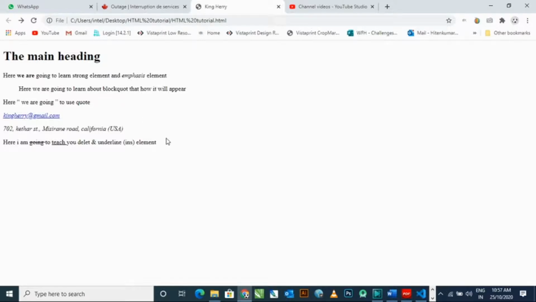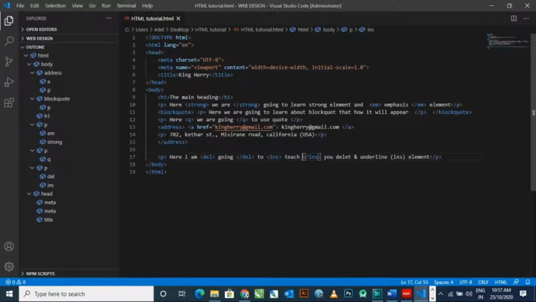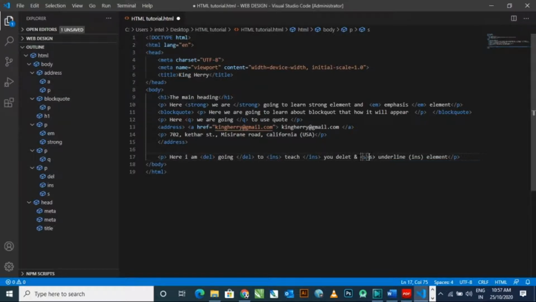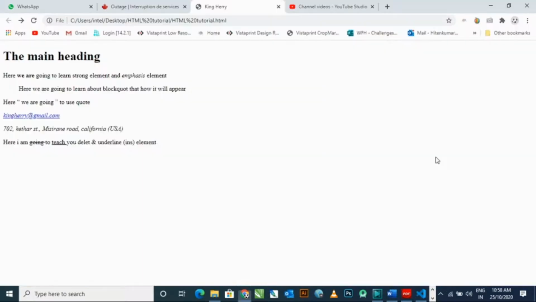Now I am going to use the unordered list and ordered list. There is so much confusion. I am showing you here, s, delete and s, these both are the same command. With this element, I am showing you the underline word, now I will delete it from our paragraph. I am refreshing.